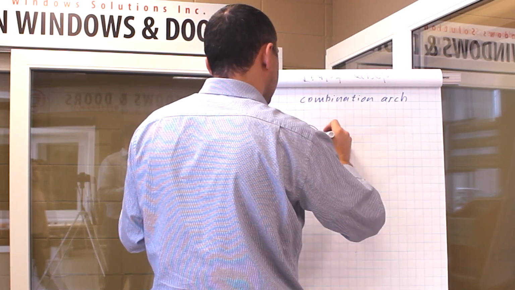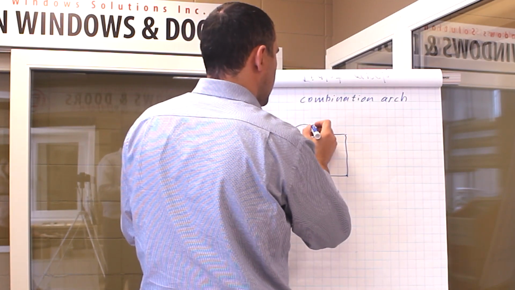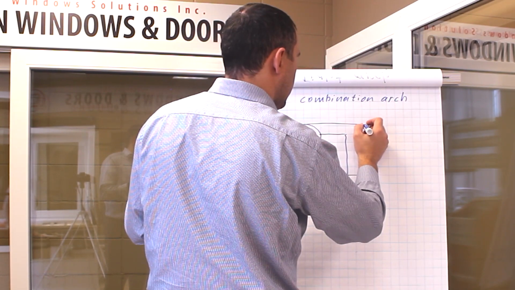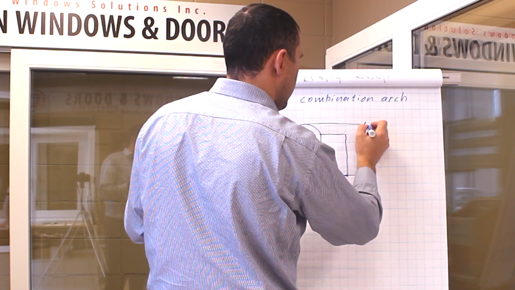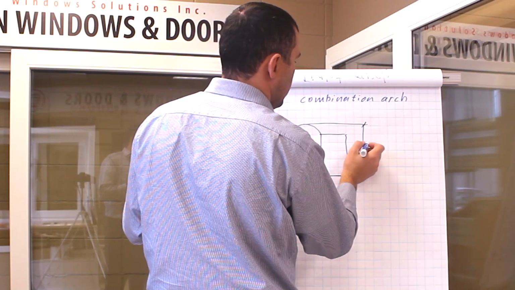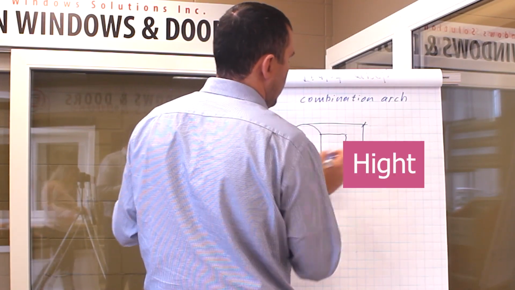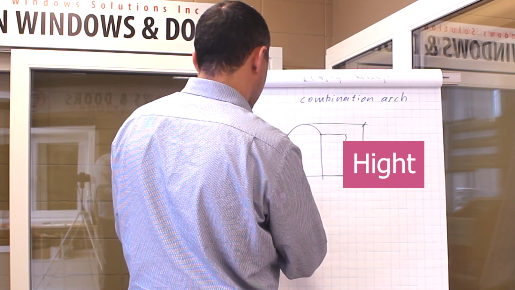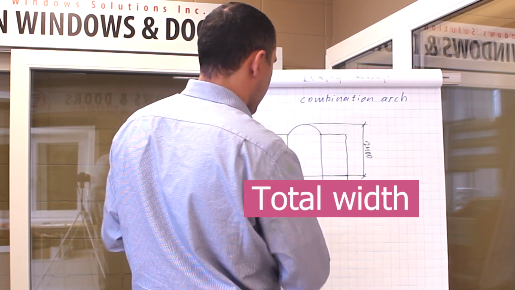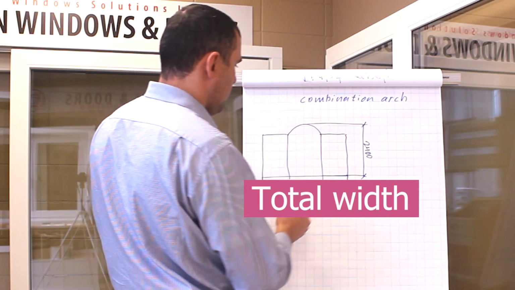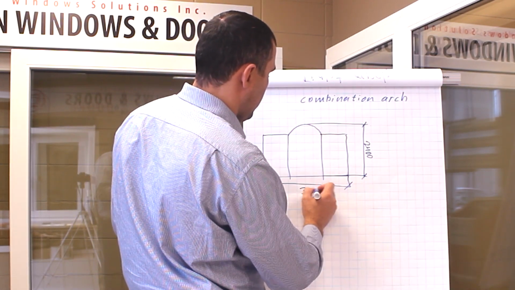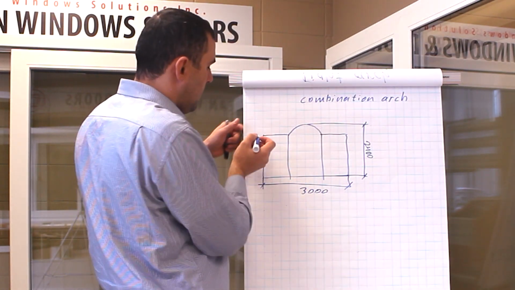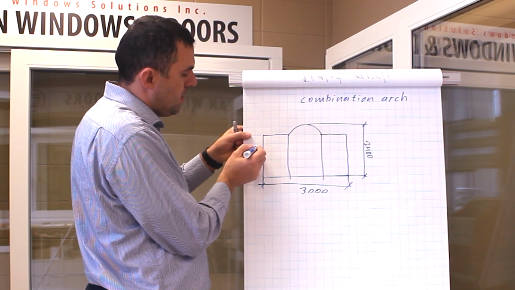So in this case, let's say the total height of this would be 2400. We will have total width here, let's say, 3000. But also what I need in this, I need this height, let's say